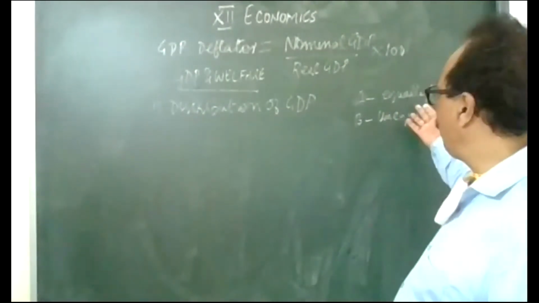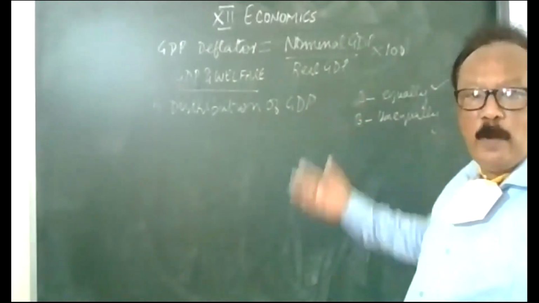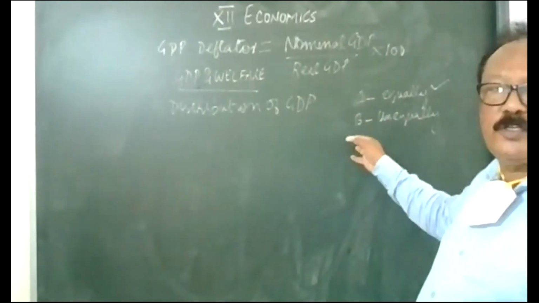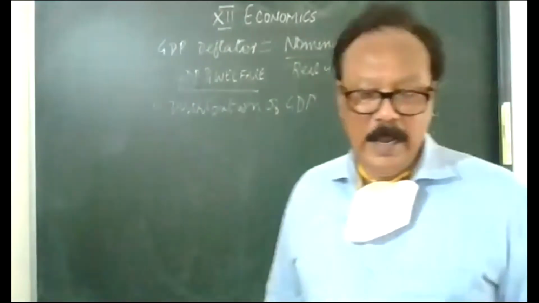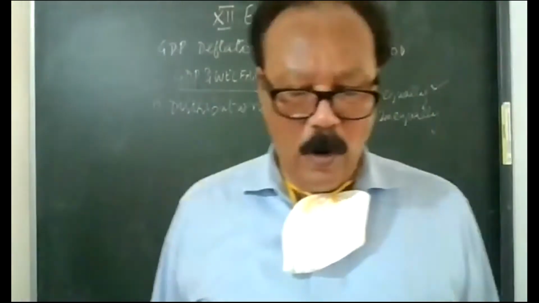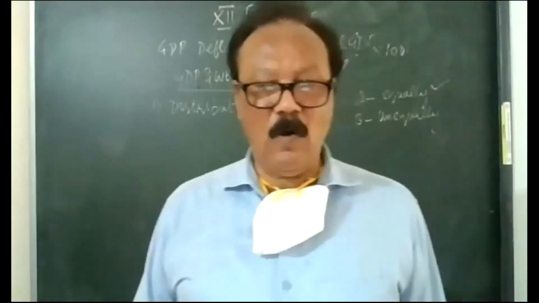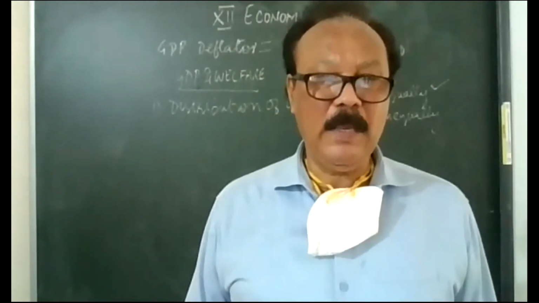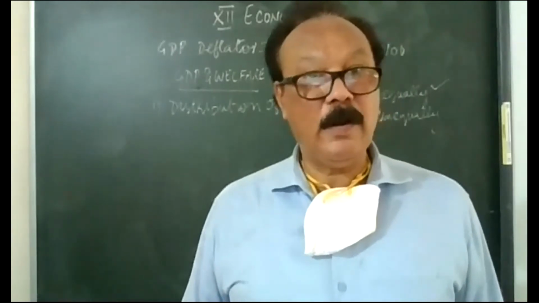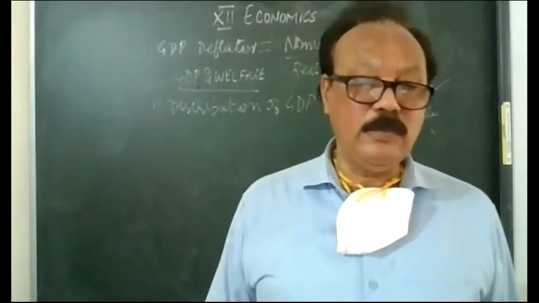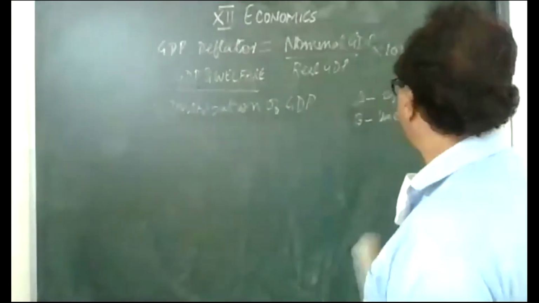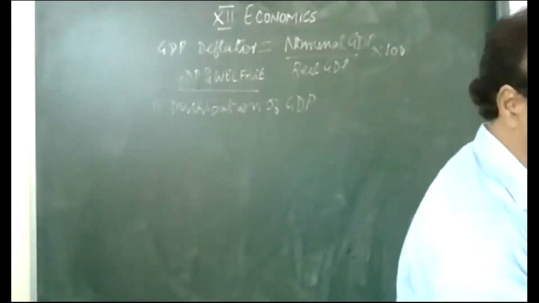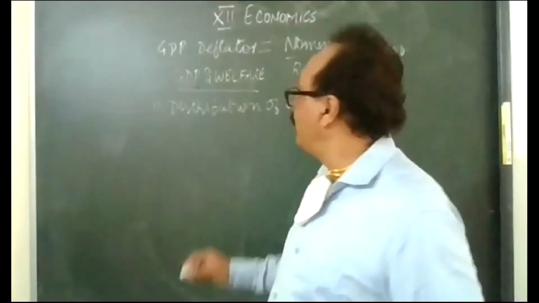If it is equally distributed, it is a good economy, everyone's welfare increases. But if the GDP is distributed unequally, then what happens? There is what is called an imbalance, or there are inequalities in the income of the people in the economy. The rich become richer and the poor become poorer. So the first reason why GDP cannot be said to be the exact figure of welfare. These are the exceptions. One, distribution.